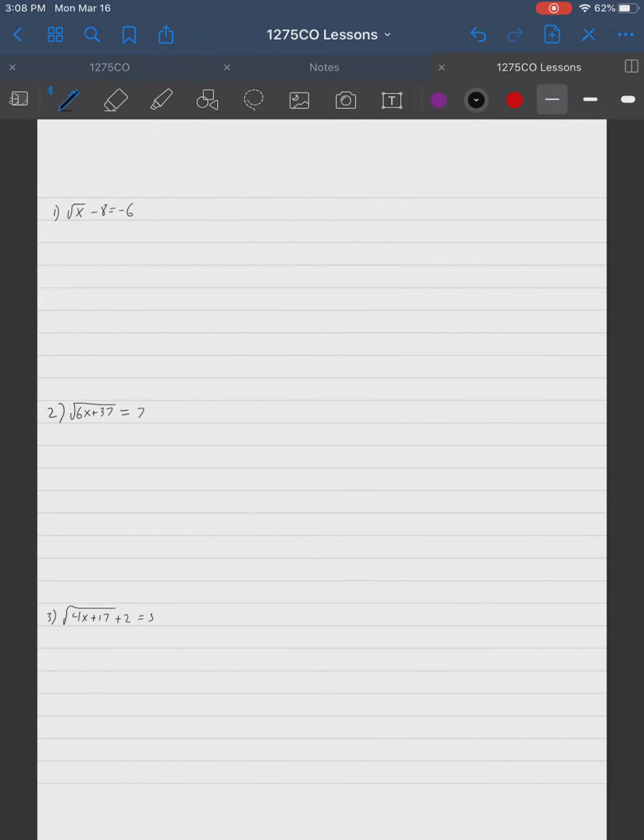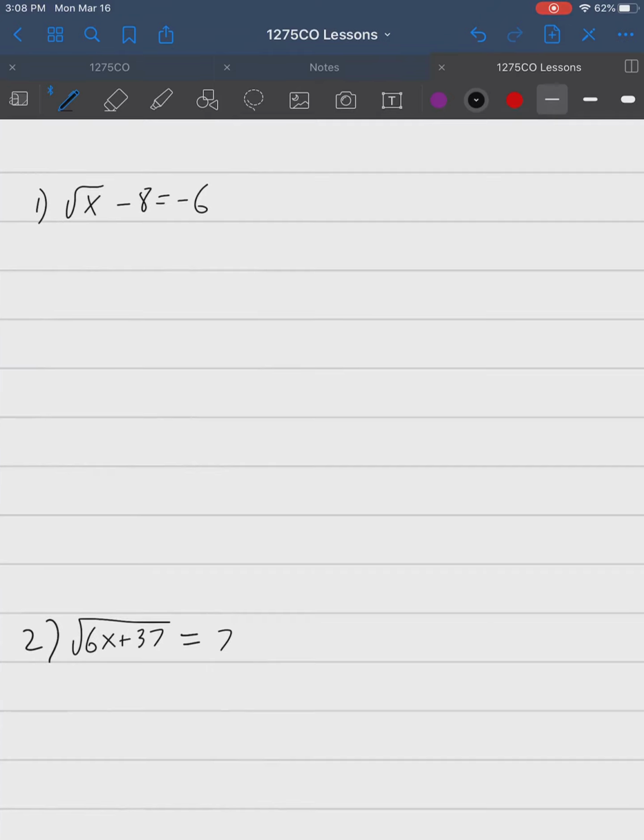So let's take a look at this equation right here, number 1. Number 1 says that the square root of x, and then outside of the radical, minus 8 is equal to negative 6. We can add 8 to both sides. This is just the first step of solving an equation, which is to isolate the radical. Negative 6 plus 8 is equal to 2. Now, because x is locked inside of a radical, right, before we could take the square root if it was locked inside of a squared binomial. But because this is locked inside of a radical,